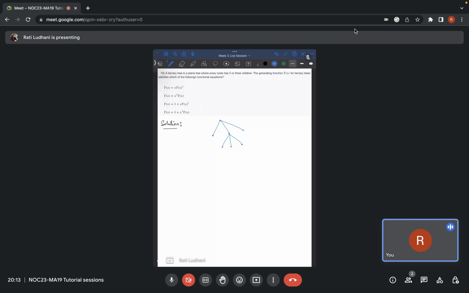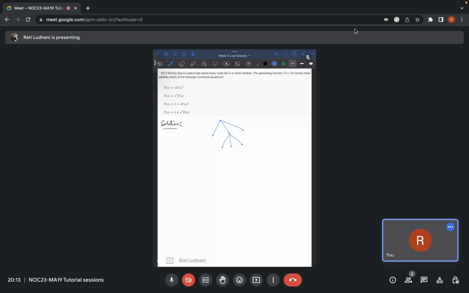Again, similar to the binary case, we have, ternary, this is isomorphic to,